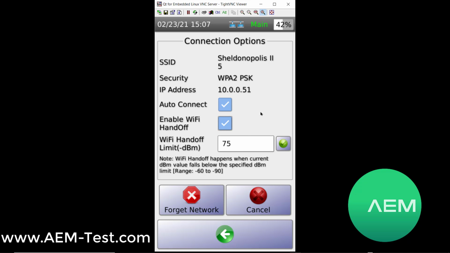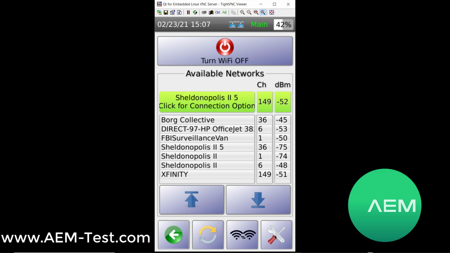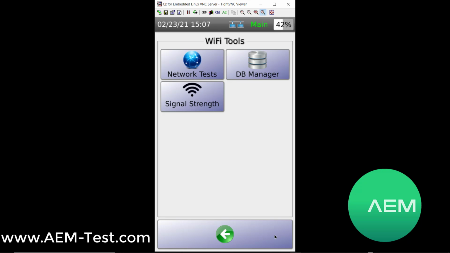This is useful when measuring signal strength at a location, and walking through the facility you can watch where the Wi-Fi drops off at the designated limit that you've set. Once the signal goes below the limit, at -75 dBm as we see here, or whatever setting you choose, TestPro will disconnect from that Wi-Fi network and seek out the next known strong signal and connect to that access point. This allows you to go through the job site and troubleshoot and find areas where you have weak or no